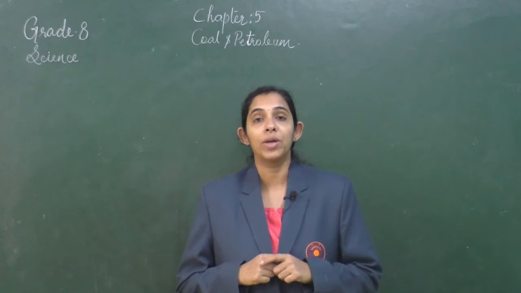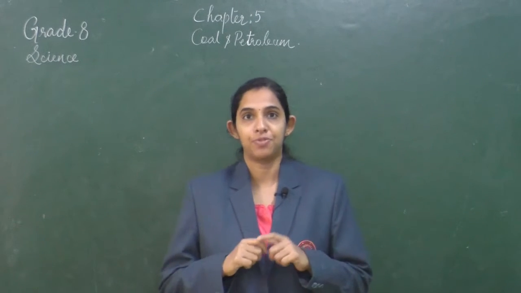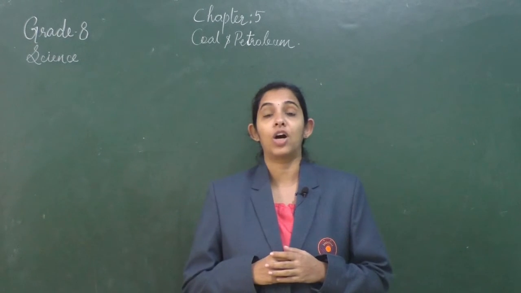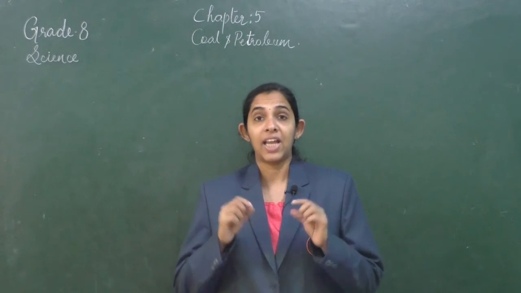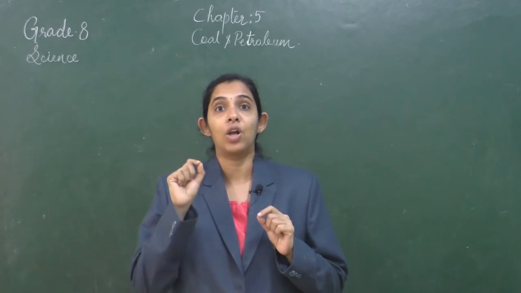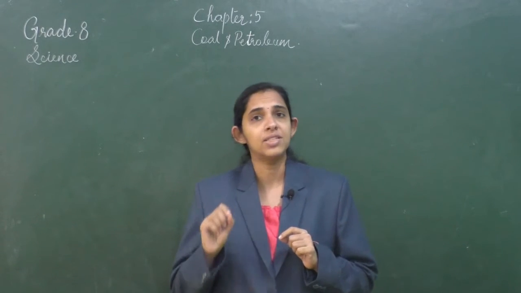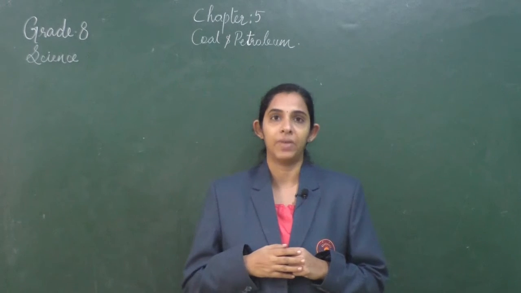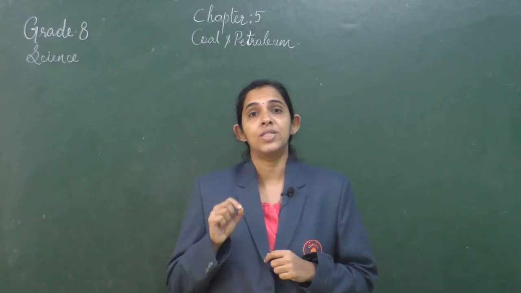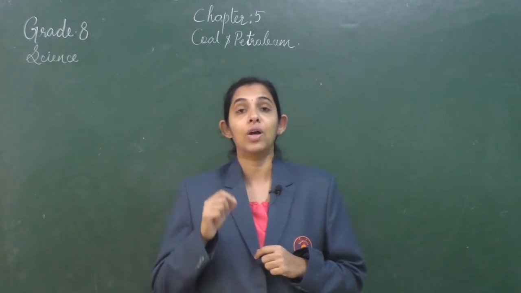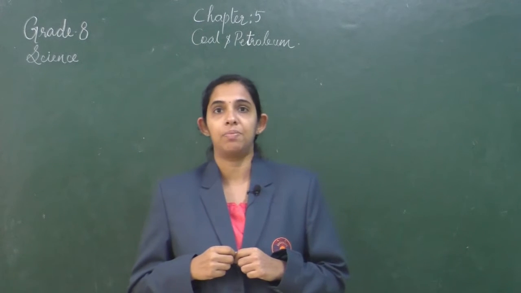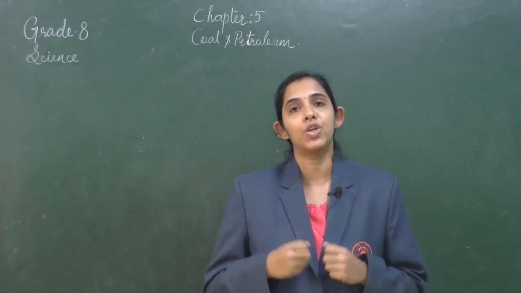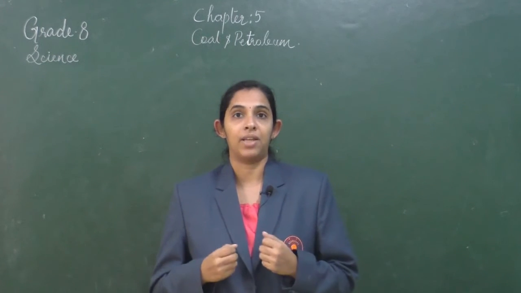In this video, we are going to discuss the summary of Chapter 5, Coal and Petroleum. We use a variety of materials for our basic needs. Any substance of value or use, we call them resources. Some of these resources occur in nature, whereas other resources are made by human beings. The resources which occur in nature, we call natural resources, for example, air, water, soil, etc. And those made by human beings, we call human-made or man-made resources.